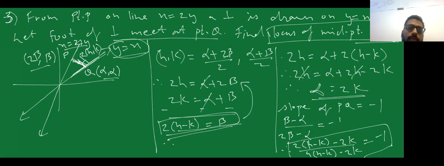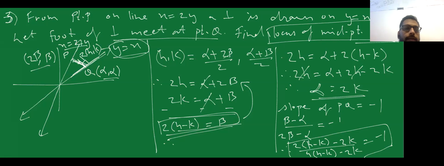So we have used whatever information was given to us. Two lines were given, perpendicular was given. We did not have the coordinates of PQ to get the midpoint, so we have assumed those coordinates. But as we have assumed, we need to find values of alpha and beta so that we can eliminate them. But how can I find values of alpha and beta? By solving them. I have subtracted the two equations, after which I got the values of alpha and beta.